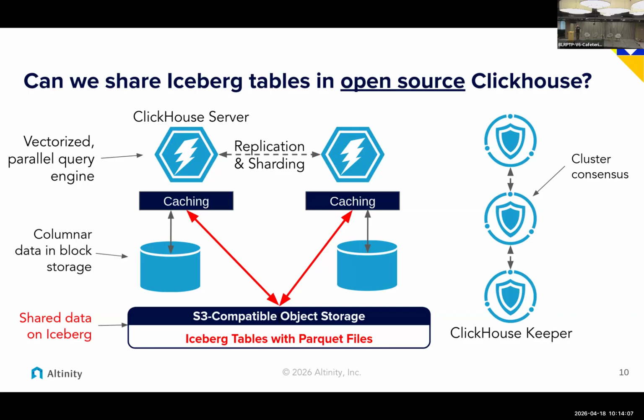So now instead of each ClickHouse node having its own storage, it maintains a cache. And then it can reach out to the S3 compatible object storage with Iceberg tables and Parquet. I'll get into what each one of those are. And you get this shared data model that can be much cheaper and also much